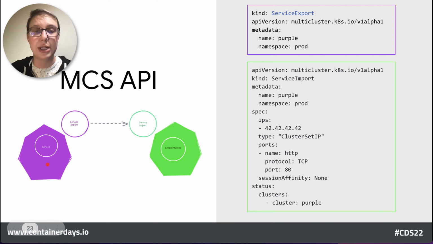So there's tons more information in the KEP and some other videos out there from the past, but that's the general gist about the MCS API as an API to describe this desire to publish your Kubernetes services more widely across your cluster set.